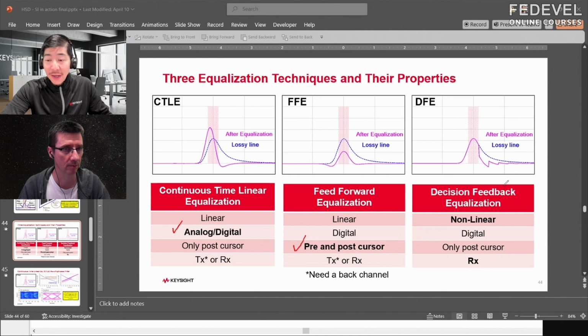And for decision feedback, it's the only nonlinear one, and it can only happen at the RX because we're making decisions. So that's the overview. Oh, I didn't know you can have this equalization also on the transmitter. I learned something new. But then the thing is, you still need to know what the channel is, that's why we go through a training sequence where the TX will send the RX a sequence of signals, and the RX will send something back through the back channel. So then the transmitter would know what the channel looks like